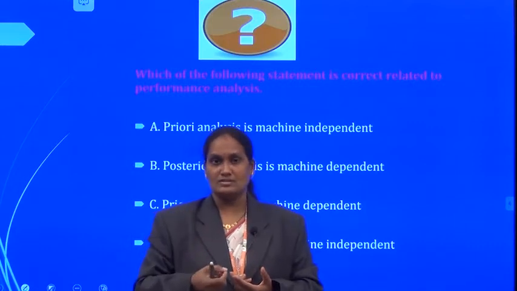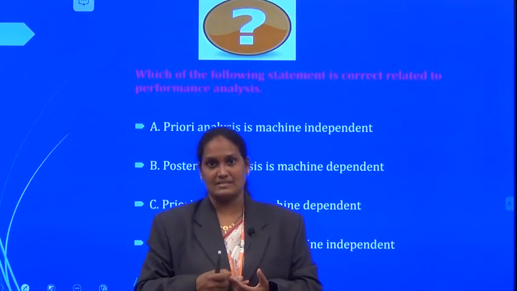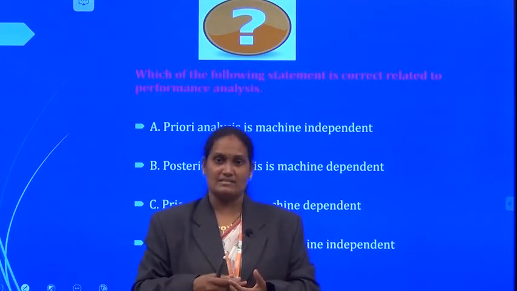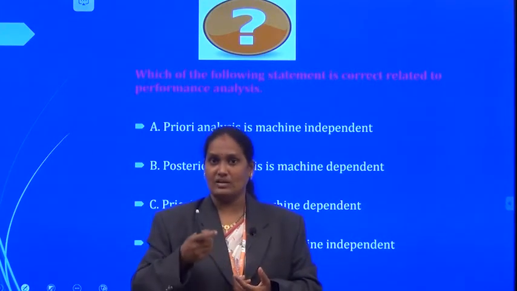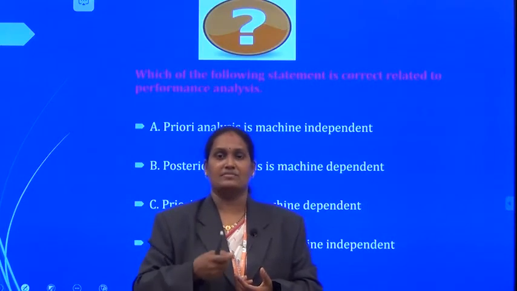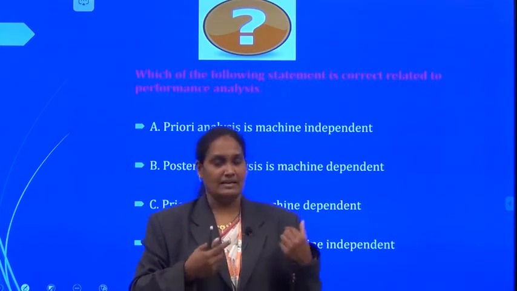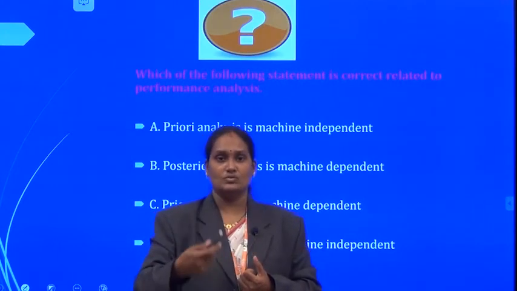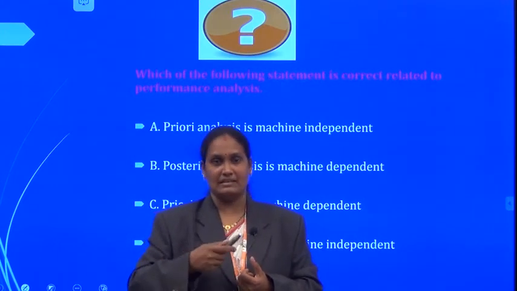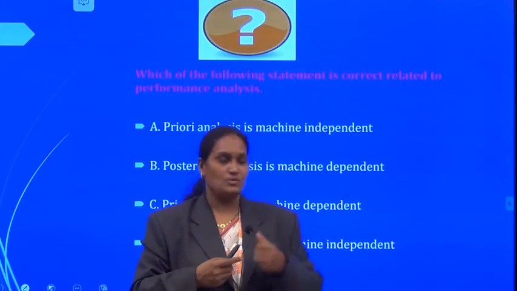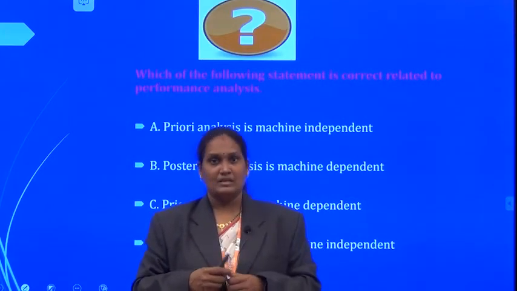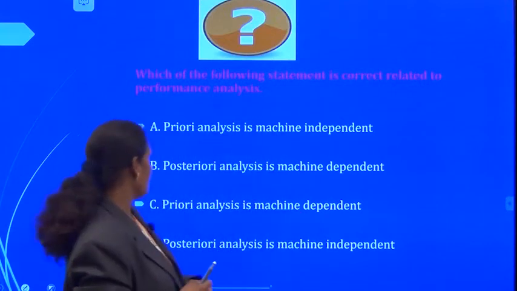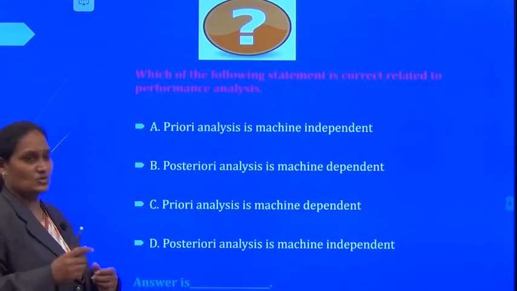Here in our course we are following priori analysis, and to analyze the performance of an algorithm in priori analysis we are using two factors. One factor is space complexity and the other factor is time complexity. Here we explained how to calculate the space complexity and how to find the time complexity of a particular algorithm by using an example. To assess yourself, I have given some questions. Let us see these questions and answer them.